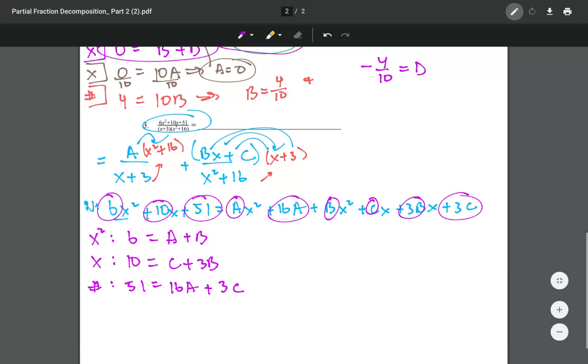So I end up with a system of equations. I can go ahead and solve my system of equations, but I want to show you a really easy way to solve it so that you don't have to do this algebraically. I'm going to put it into a matrix. And if you're not familiar with matrices, that's okay, because I'm going to put it into a matrix in a